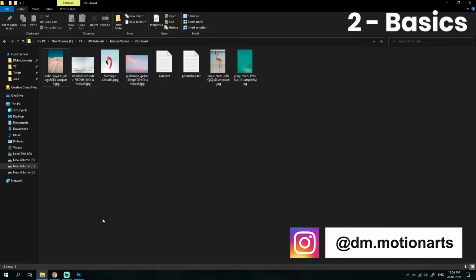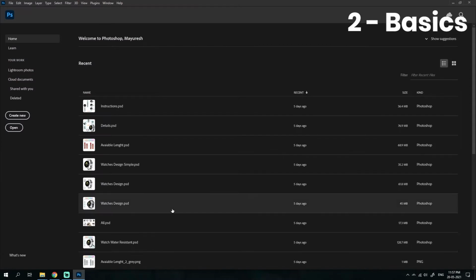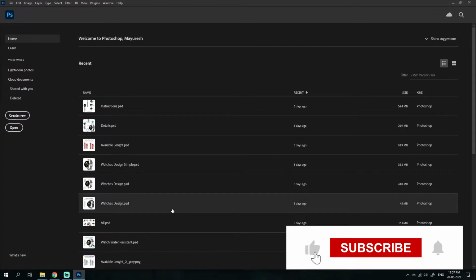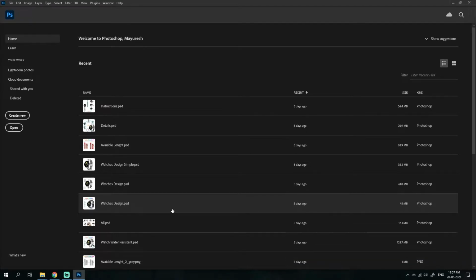Hello and welcome to the basic sections of the Photoshop tutorial, and in this one I'll only be telling you the basic features which are commonly needed and which I will be using normally. In this one I don't have a reward at the end, that is the final image, because this one is only for the basics, just a quick look around the Photoshop things. So how about we just get started.